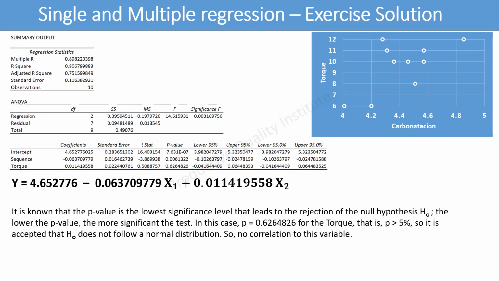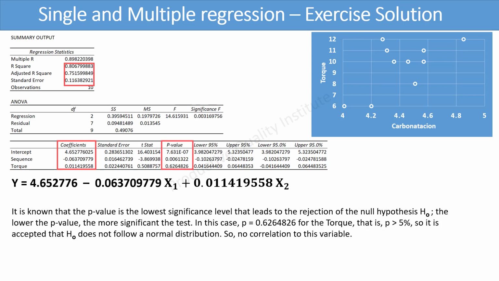The summary output indicates that the R-square equals 0.806, which is an indication of a good correlation. According to the coefficients of the variables, the resultant model will be y equals 4.65 minus 0.063 times x1 plus 0.0114 times x2. However, it is known that the p-value is the lowest significance level that leads to the rejection of